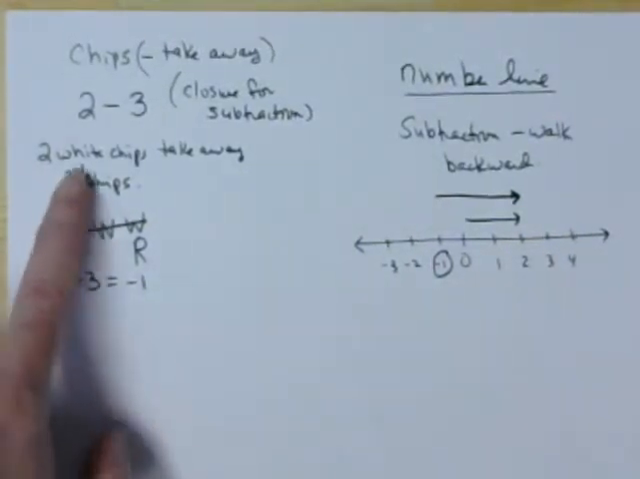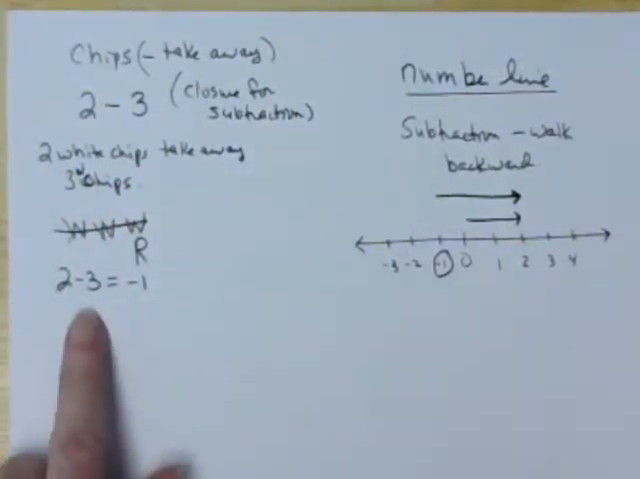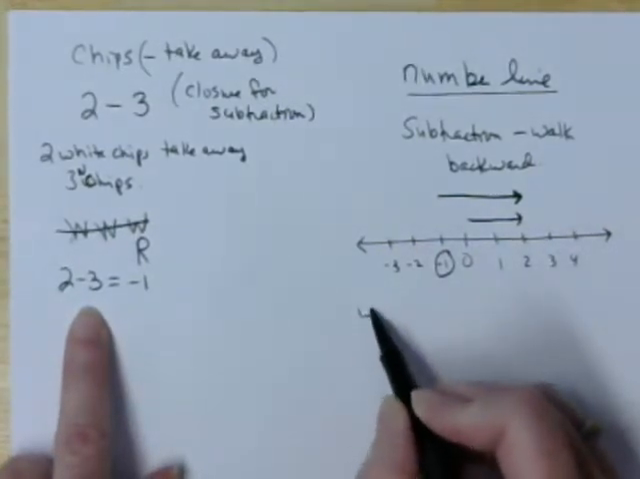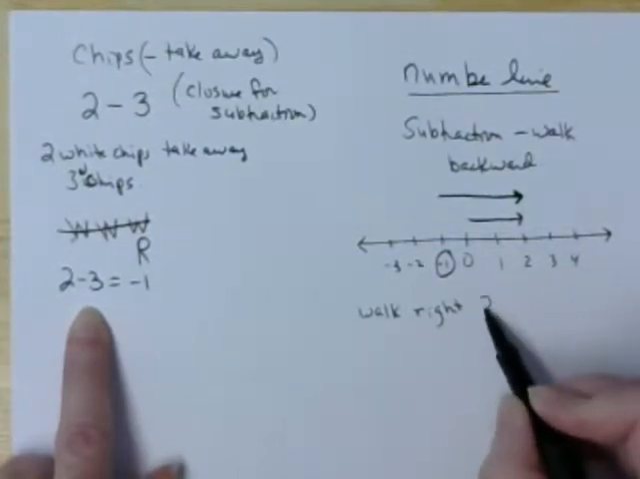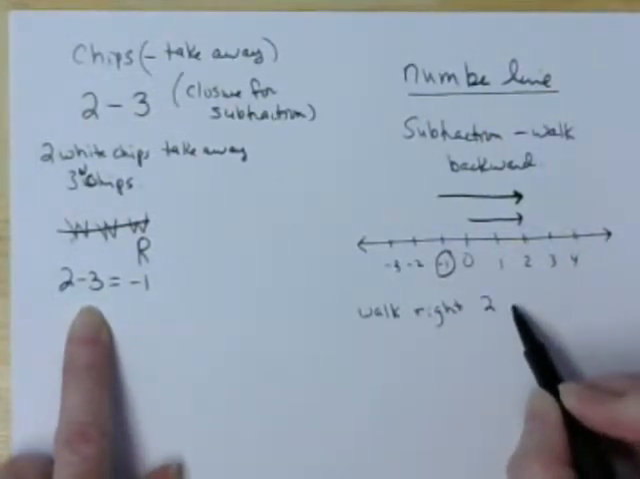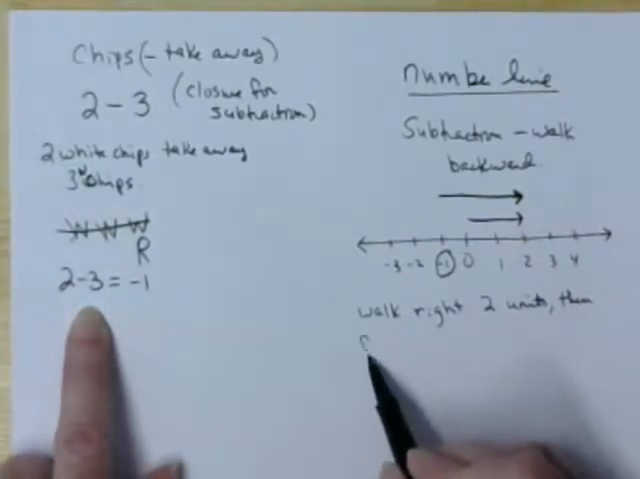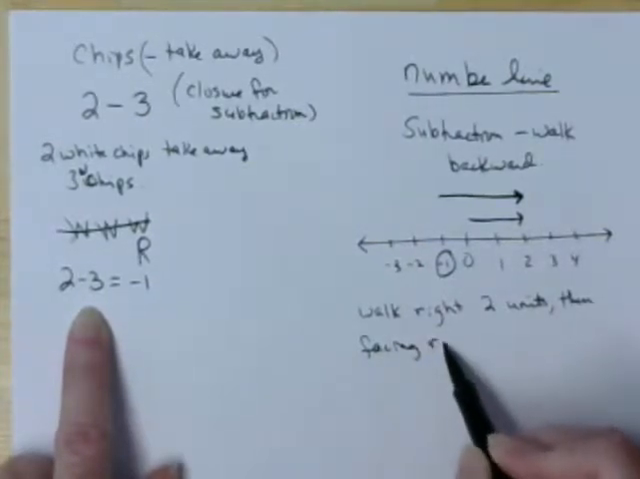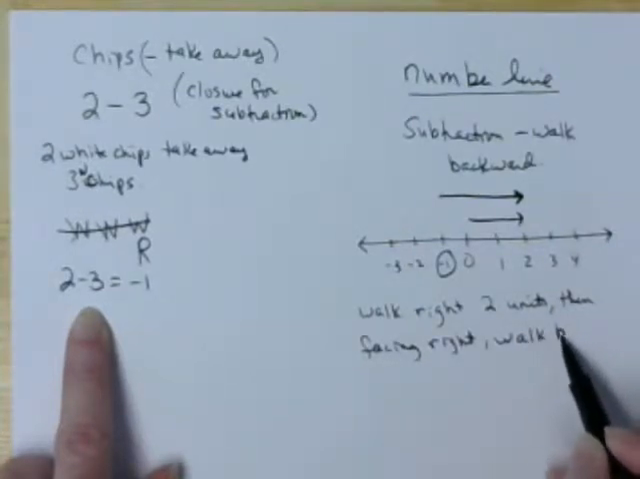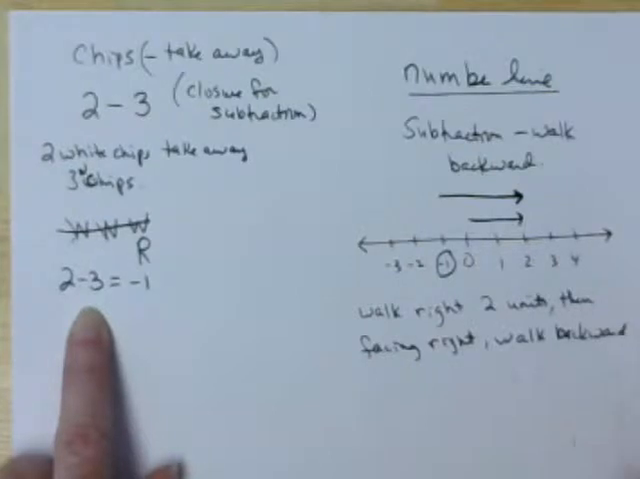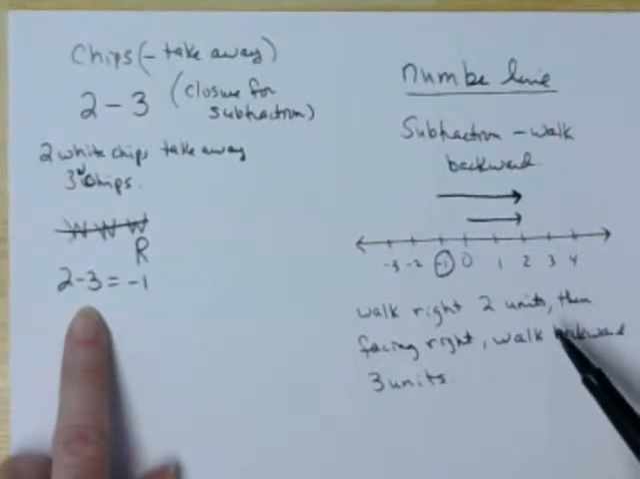Okay, so here when you saw 2 minus 3, it said start with 2 white chips, take away 3 white chips. When you see this as a number line idea, it's walk right 2 units, then facing right, walk backward 3 units. Now I'm using the term walk because you can actually physically have your students walk these problems out,